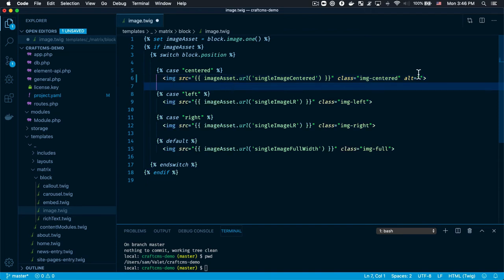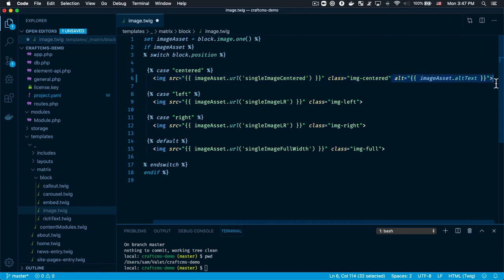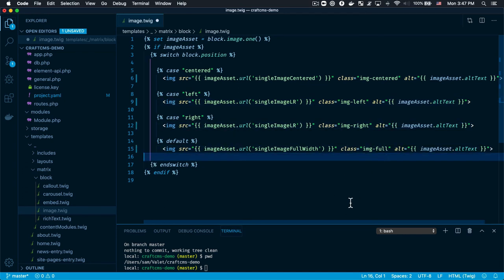The way that we get that is from the asset. In this template, it's called image asset dot, and then the name of the field, which was alt text. If it doesn't exist, or there's no value to it, then it'll just render an empty string. So there's no danger in just letting that roll. In your case, you'll probably have some custom considerations. In this case, there were options about images, so I'm going to make sure I add this to every possible scenario here